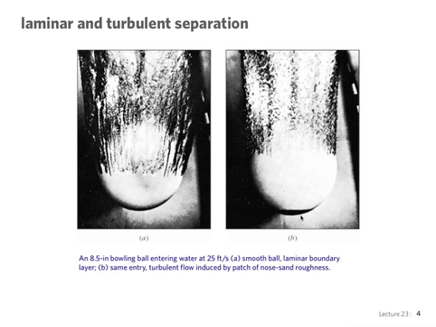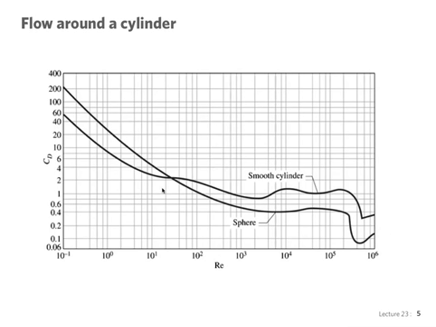So they've created a turbulent boundary layer by roughness in this case, and that has delayed the point of separation, and that makes the wake smaller and reduces the pressure drag. So similarly, the flow around a cylinder also experiences a drag crisis, but the experimental results are a little bit different. But also the drag coefficient varies